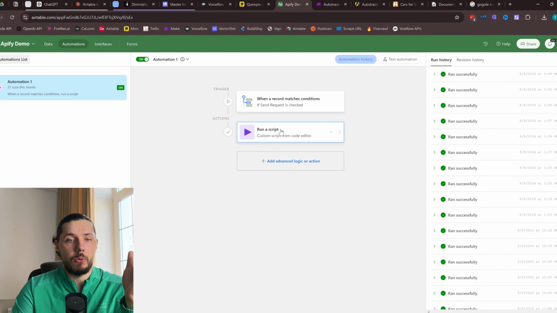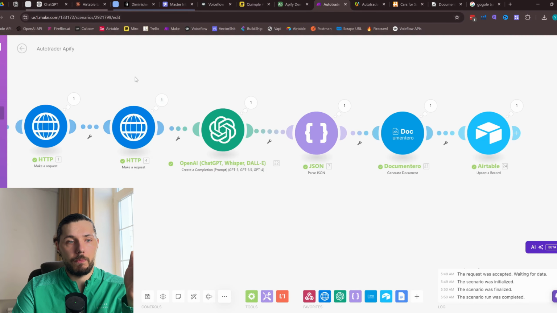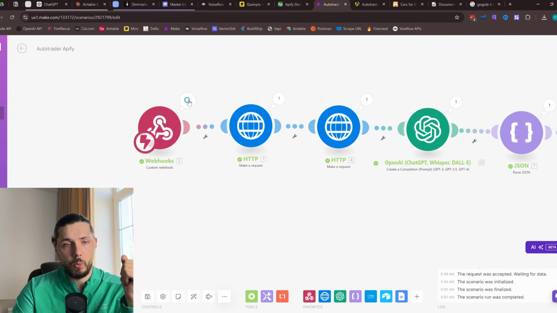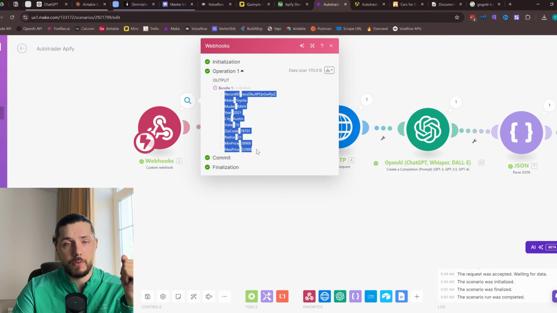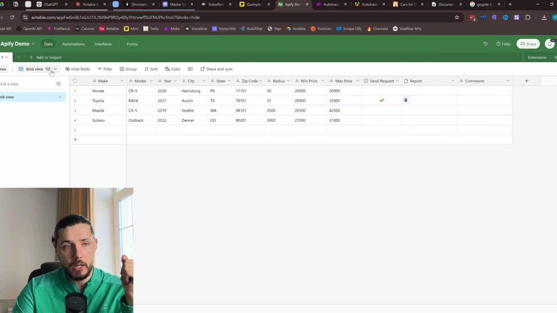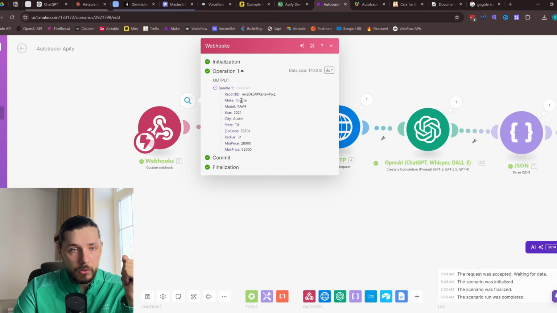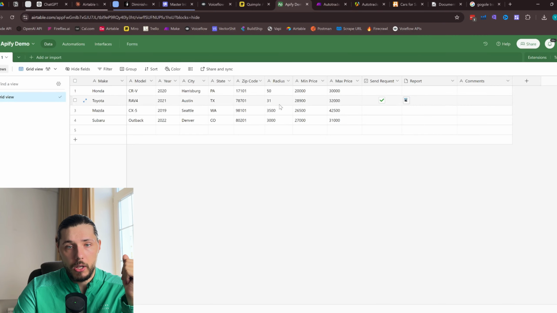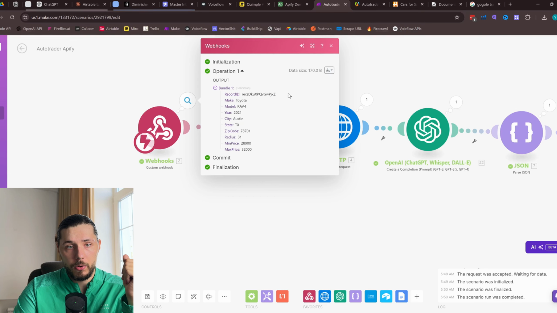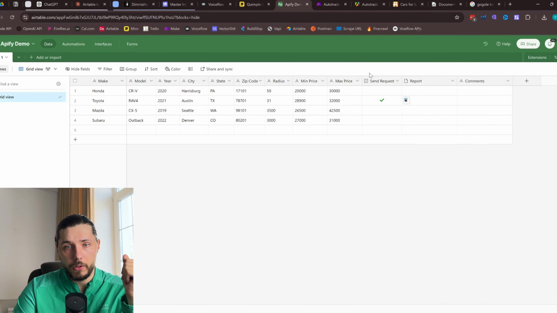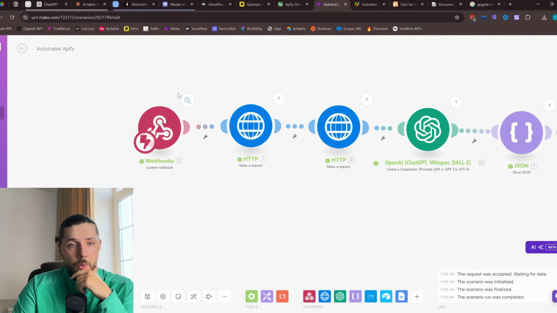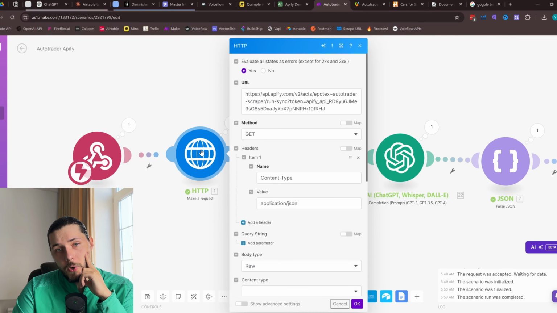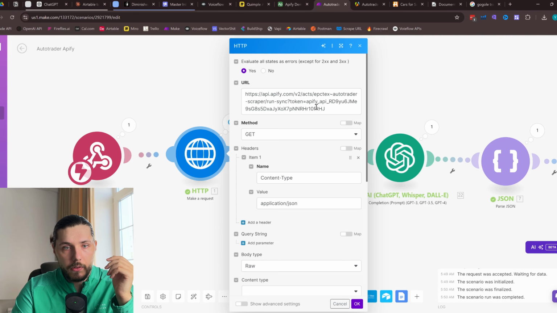It will trigger this webhook and pass these parameters. If we go to the data, as you can see, Toyota RAV4. So we passed all the information from this row to this webhook, as well as the record ID. Okay. Now, when we have this information, the first HTTP request is essentially an API request to the